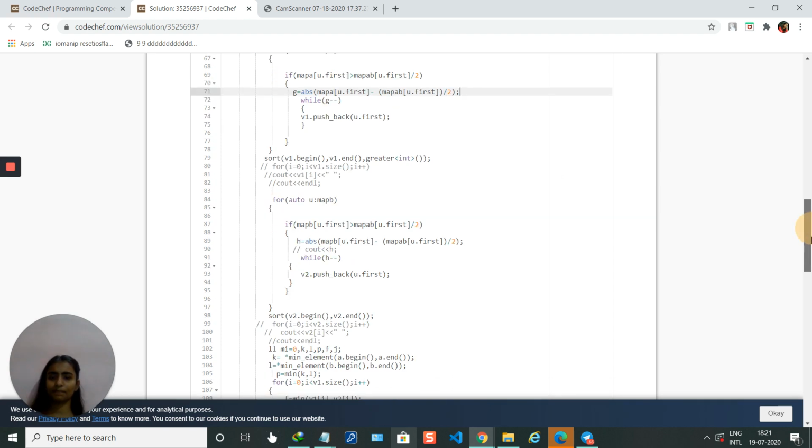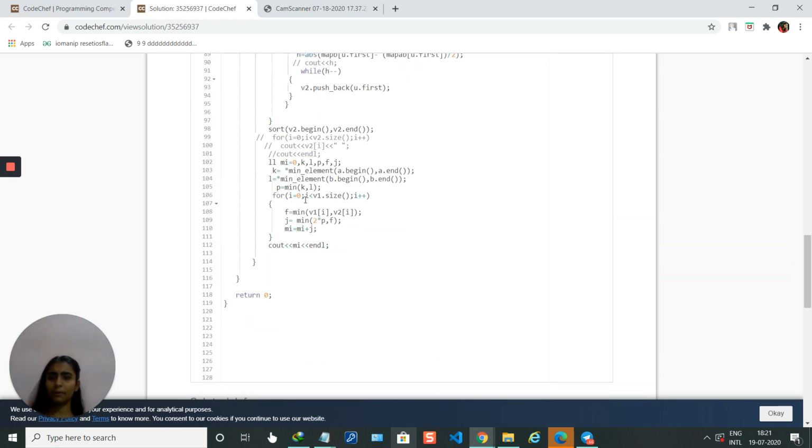Then what I have to do? Then I have to compare. Firstly, I have to take out the minimum element. In P I am storing the minimum element. Here I will traverse through the loop i from 0 to i less than v1 dot size, and firstly pairwise we will find the minimum element, and then that pairwise minimum element, this F, we will compare with twice of P. P is the minimum element, and out of these two, whichever is minimum we will store. That means the answer. Here the answer is Mi. I have taken Mi, and then at last we will print it.